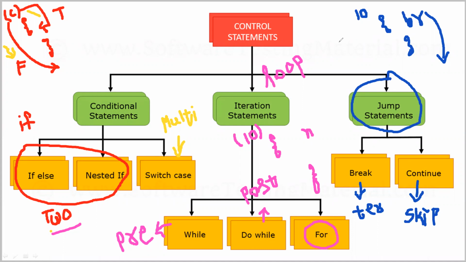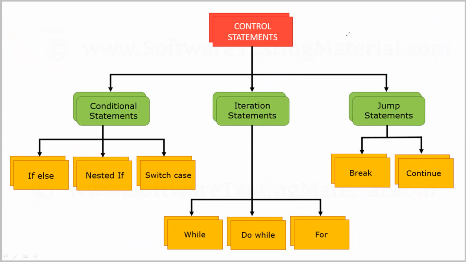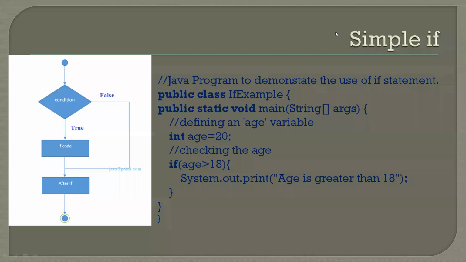Don't worry, I will show an example for each and everything. So I'm clearing all these drawings, and I will move to the next slide. In the next slide, we will see the flowchart of a simple if condition and one example on simple if condition. If you observe here, we have an if condition, and the condition will be verified here. If the condition is true, some part of code will be executed. If the condition is false, we go on to execute the next lines of code. And this is the example.